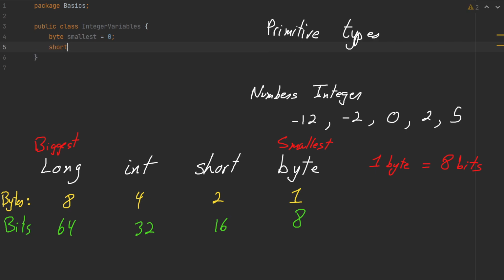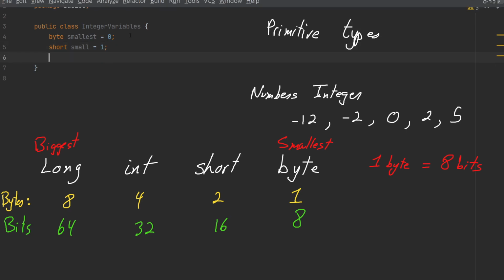We got also short, which is double the size of smallest, so smaller, I don't know, small, let's say. I'm just going to give it a value of 1. It doesn't really matter the value here. It does matter, because remember, we're limited in bits. So after 8 bits, what can we have in there? I think we did the 8 bits and we were reaching 255. So if I go to 255,